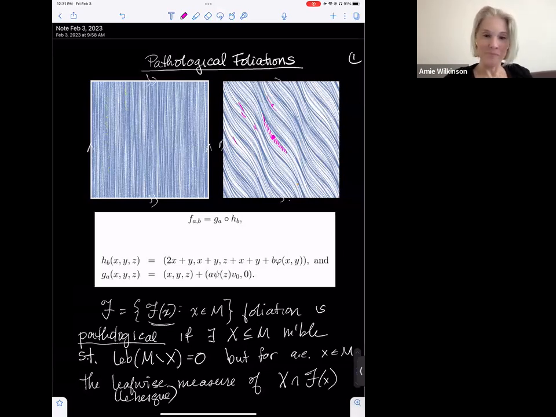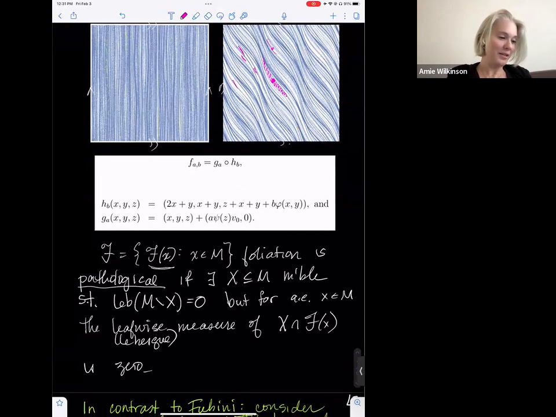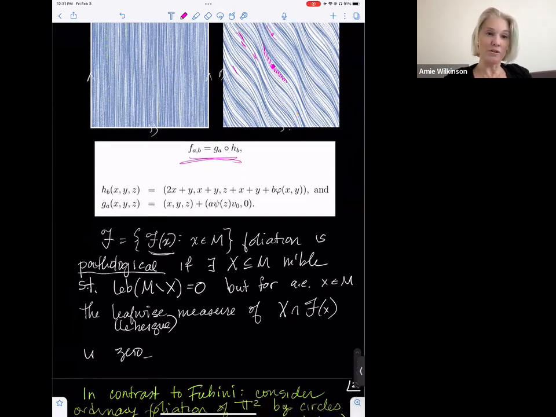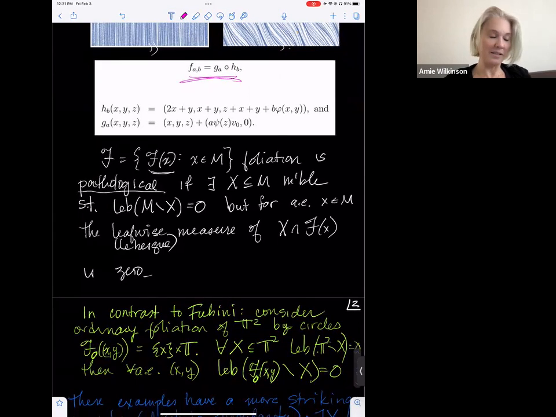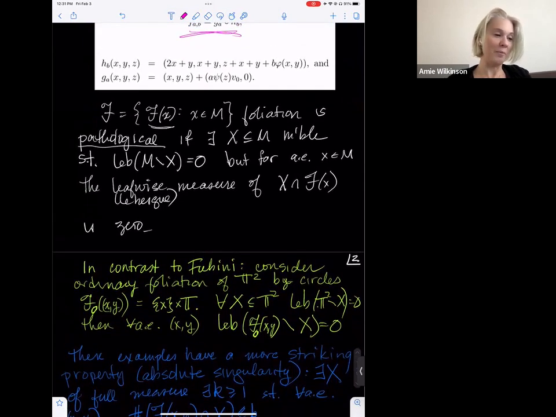They come from dynamics. And this formula that I've written right here is a way, in my paper with Shub, that we actually proved that these foliations existed. We exhibited an example of a dynamical system that generates a pathological foliation. You don't really have to stare much at this formula. I can explain to you where the formula came from. But basically what we started with,